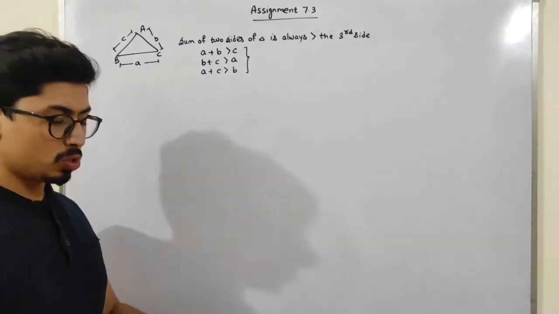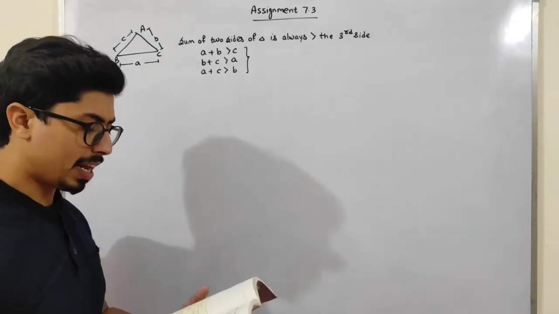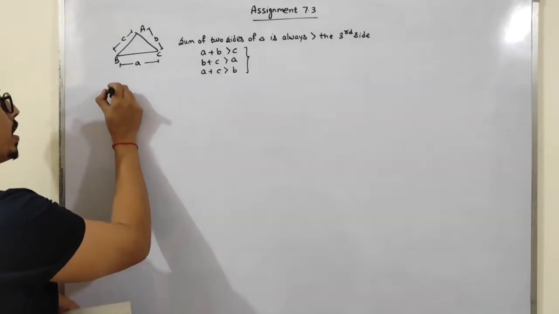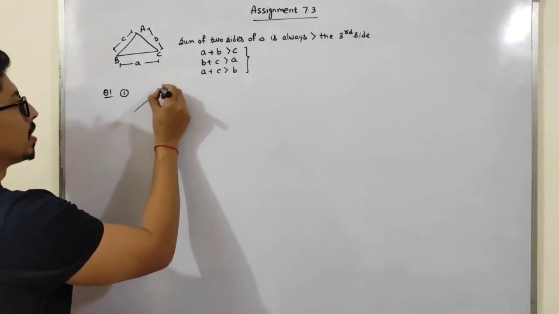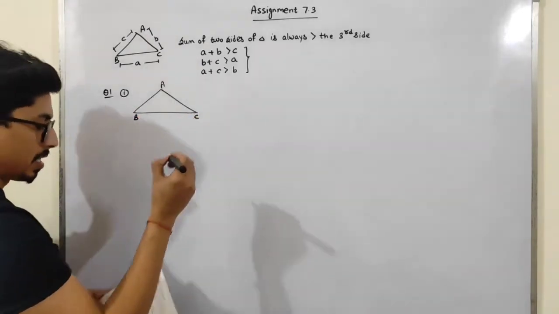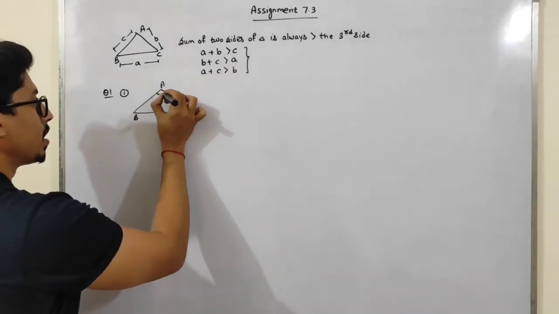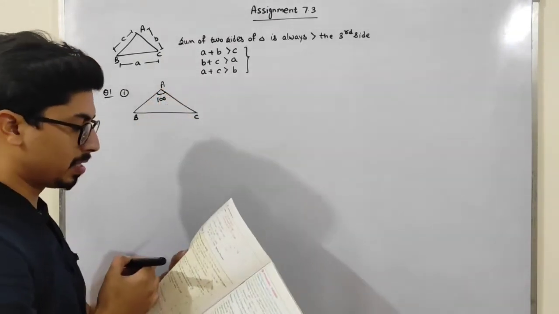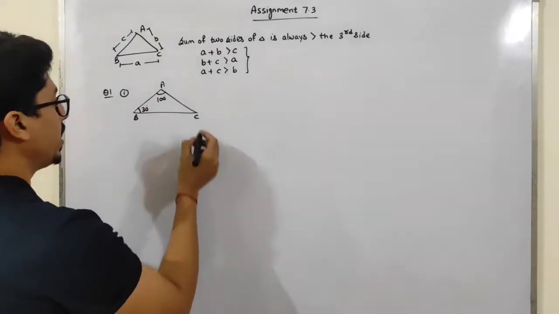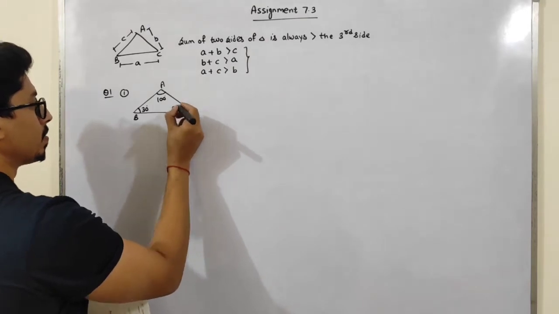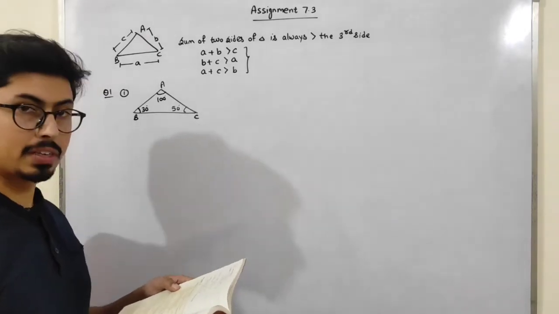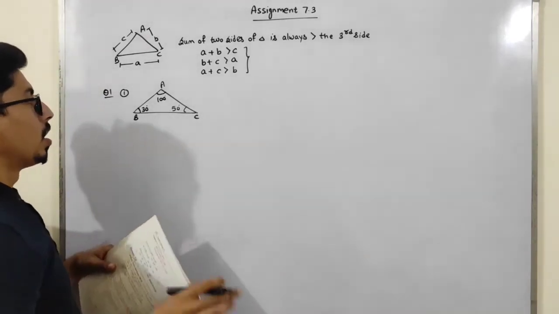So see, first question, first part, in triangle ABC, angle A, angle B and angle C are given. See, in question 1, first part, ABC is given to us. A is 100 degrees, B is 30 degrees, and C is 50 degrees. So students, the shortest and the longest side of the triangle are, see, also